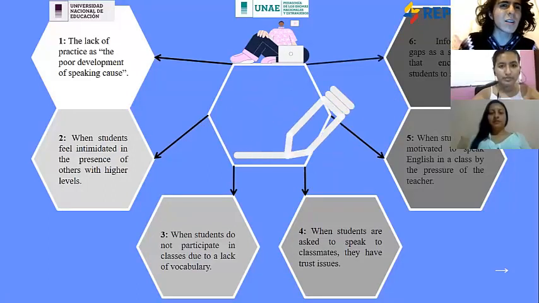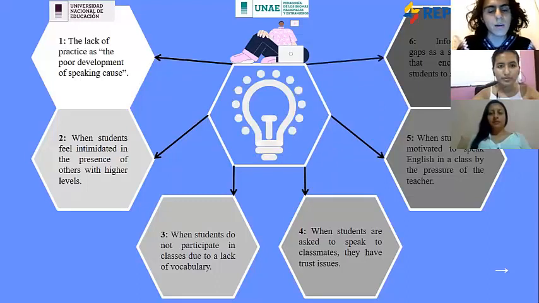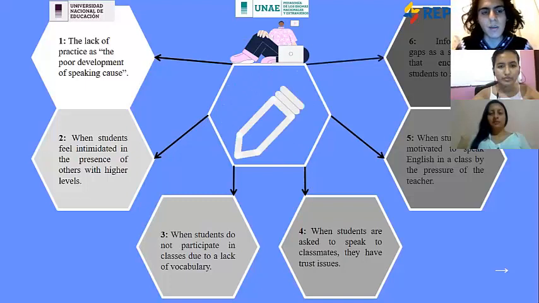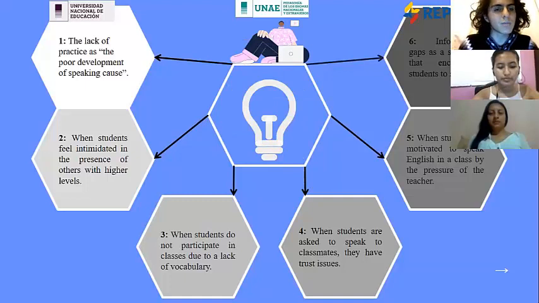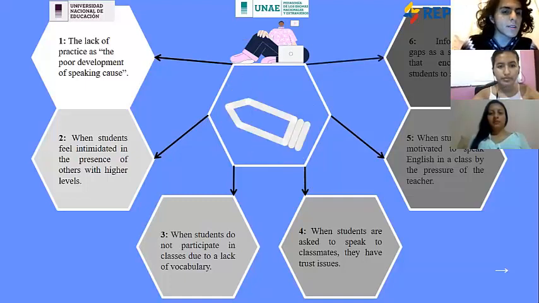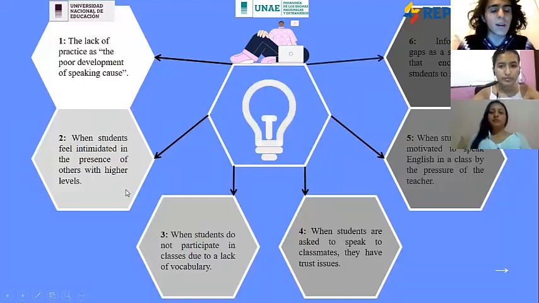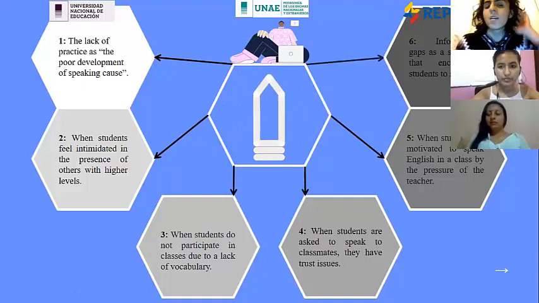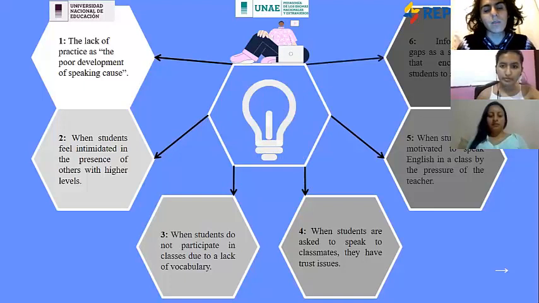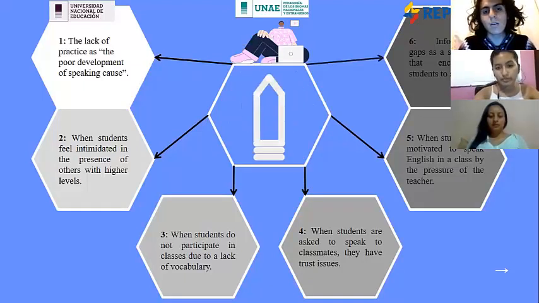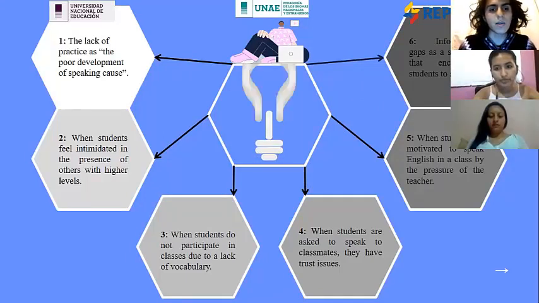We will start with the first one, called lack of practice as the cause of poor development of speaking. This is the main cause of students not speaking in class among themselves, but it is also one of the main causes for not developing speaking skills. The second one is when students feel intimidated in the presence of others with a higher level. This has already been explained, but it refers to students not feeling like they are fulfilling the expectations of others with higher levels, or not feeling very confident with other students they don't know really well